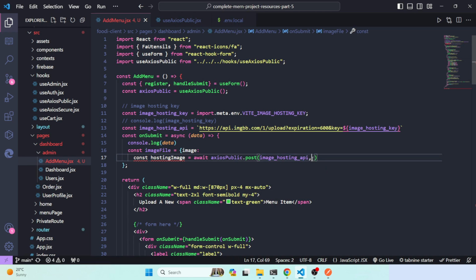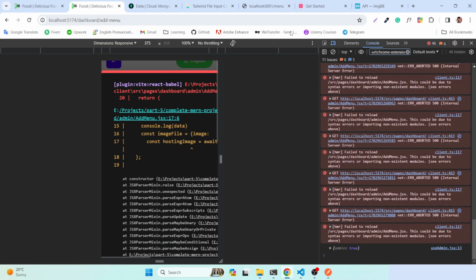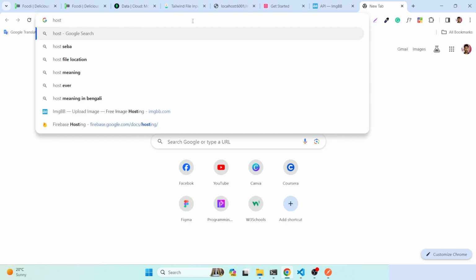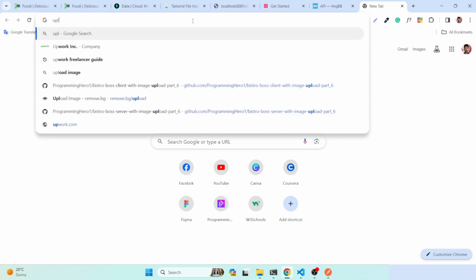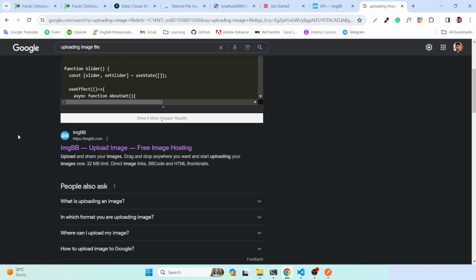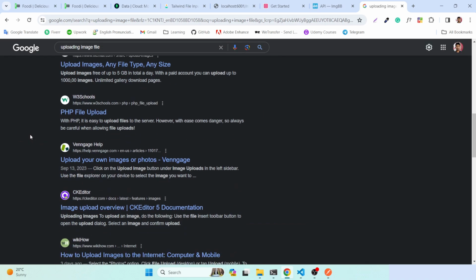So copy this image file, and then simply the hosting image, or uploading image, we can just simply write uploading image file. So if you just do that, then let me just check